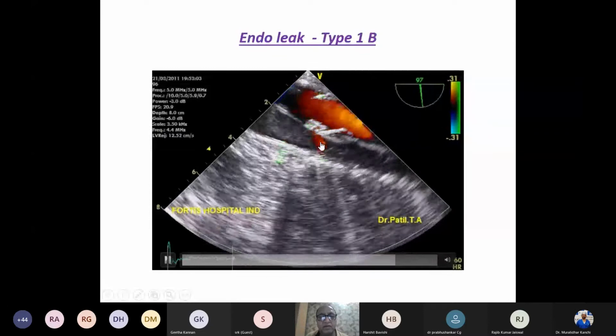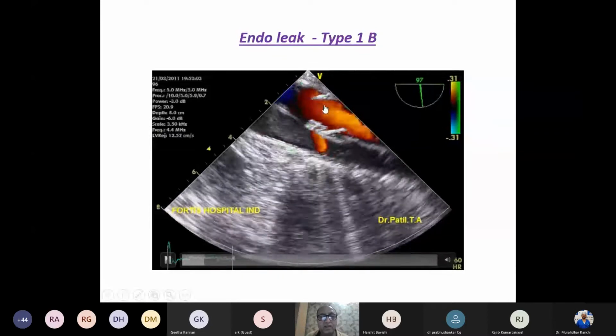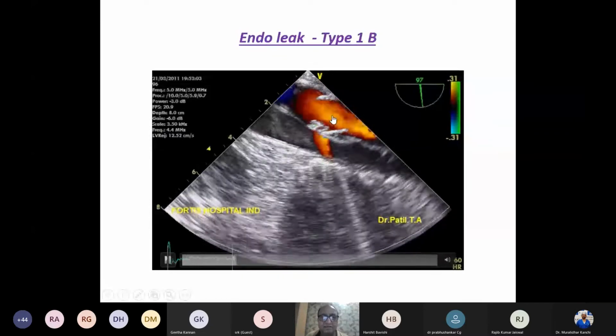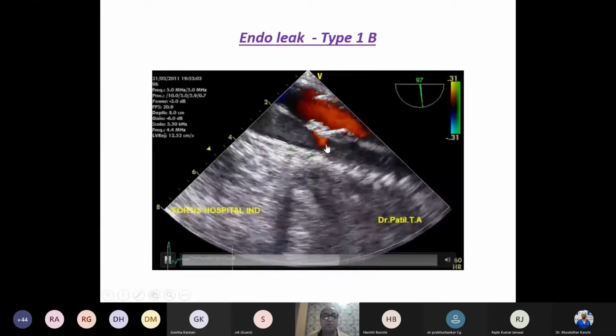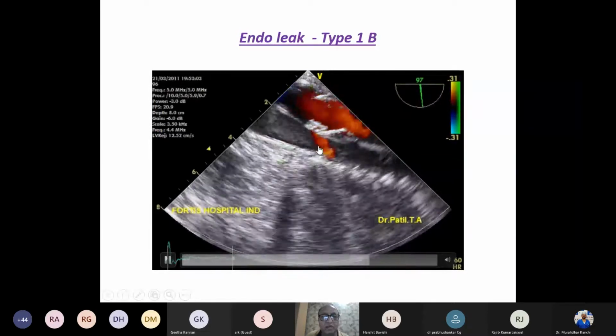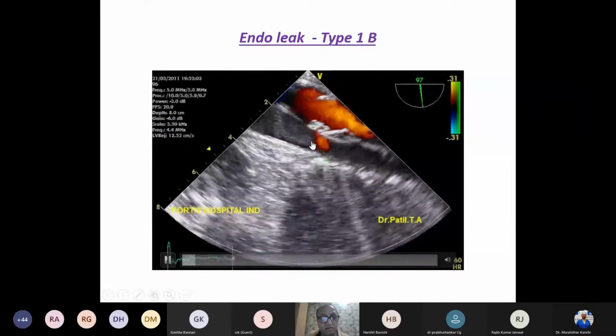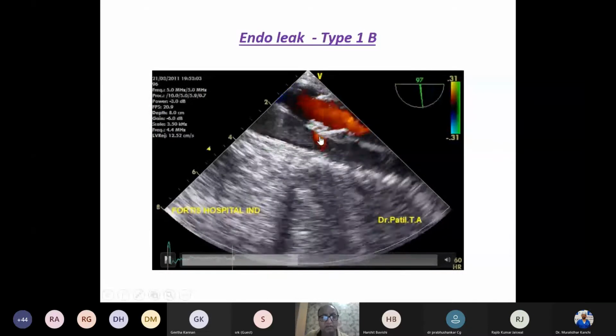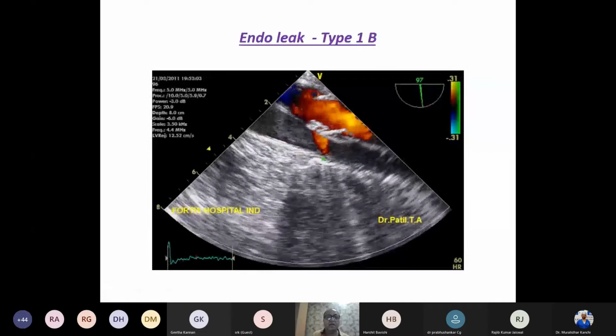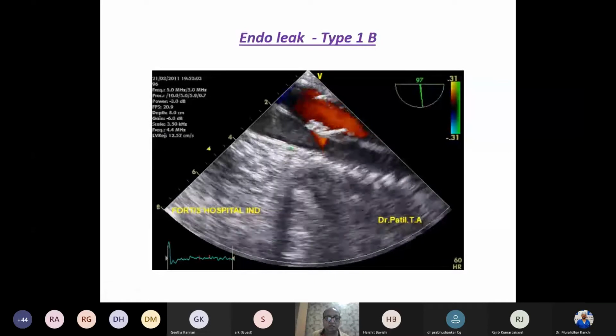This was a patient in whom we had done a hybrid procedure, and we had to put a stent in a stent. Okay, we had put double stents to plug this endoleak. If you leave these patients with an endoleak, they tend to form another aneurysm, or worsening of the patient's condition may happen. Hence, endoleaks have to be plugged as soon as possible.